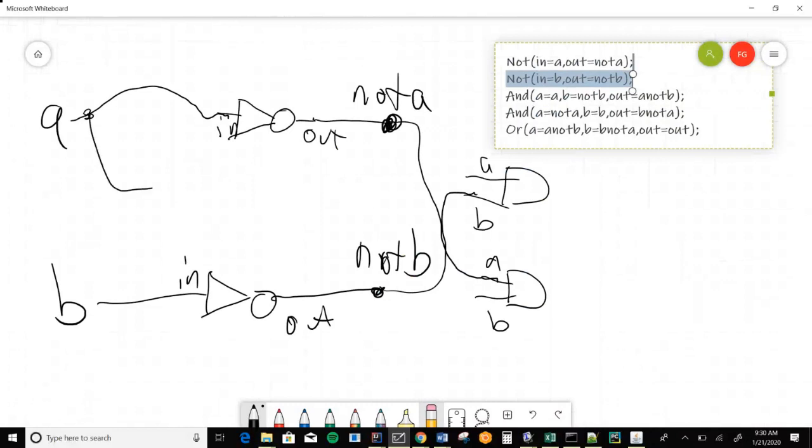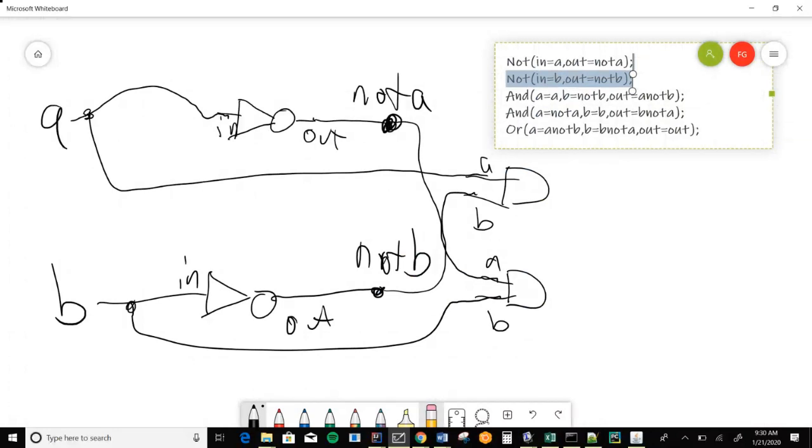Then I split my A, a second wire comes off of it. I split my B, another wire comes off of it there. And this is just a way of saying, when I say A equals A, what I mean is this A over here is the same electrical thing as this A over here. Okay? And then finally, I unite everything in an OR gate. So this pin is the A NOT B. This pin is the B NOT A.